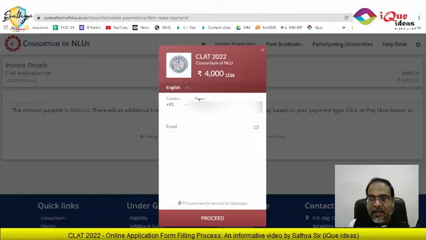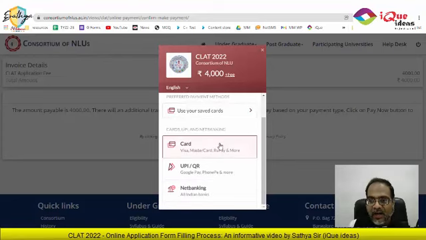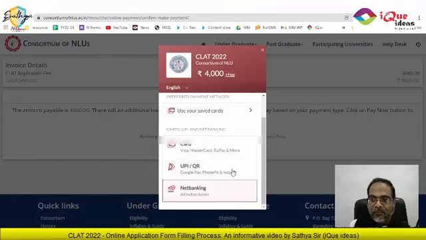On the payment gateway, it asks me to confirm the phone number and the email ID. Once I enter my email ID, I have to click on the proceed button. It gives me the options of using a credit card, which could be Visa, MasterCard, RuPay and others, or a UPI payment system like Google Pay, PhonePe or others, or directly through net banking.